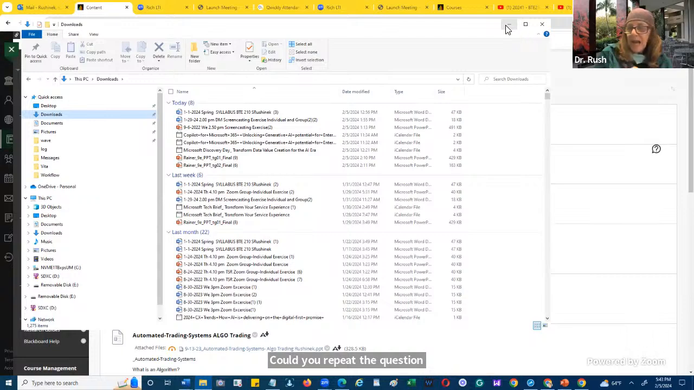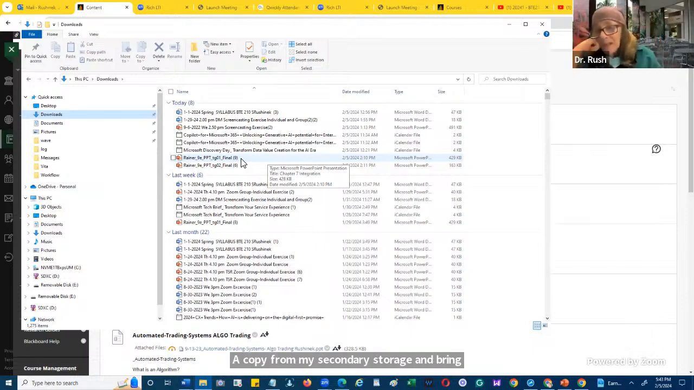I see it in my downloads. If I click on it and you click on it, it will take a copy from my secondary storage and bring it into primary storage. And primary storage is called RAM, random access memory. So Kayla, how you can summarize that